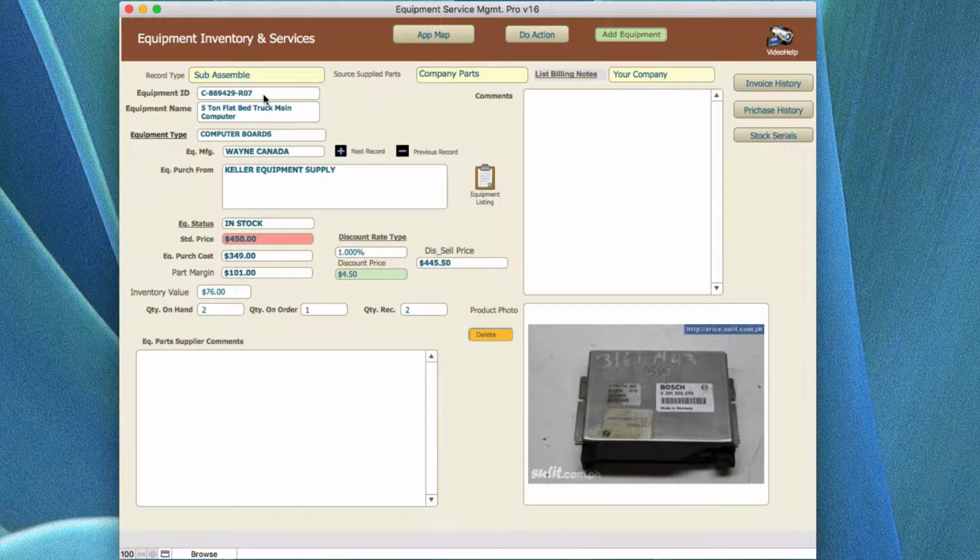Or what you can do is you can create your own internal part numbers, but give specific comments over here about the different vendors. And down here, for example, equipment parts supplied comments. You could go down there and say, well, there's a C86 and so forth that is coming from a certain thing like Keller, but there may be a different part number from a different vendor that is the same item, and then you can create your own part number as well that is your part number for internal in your company to manage multiple parts that are identical,